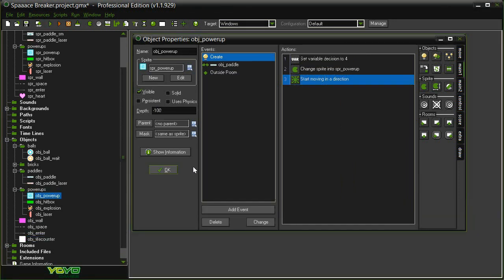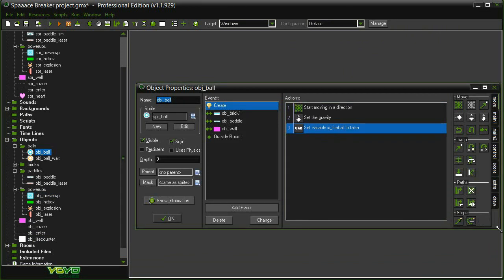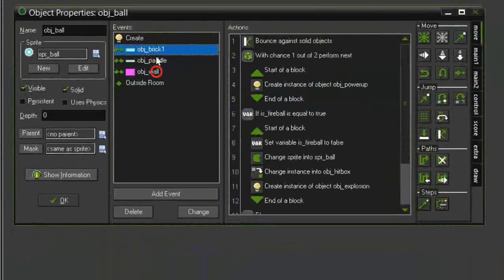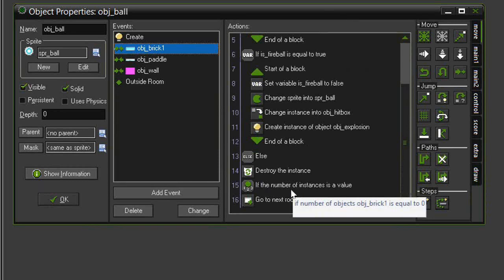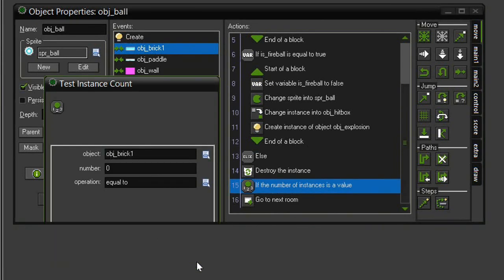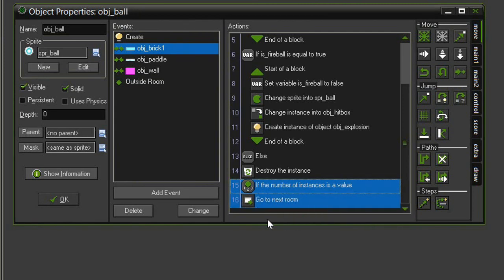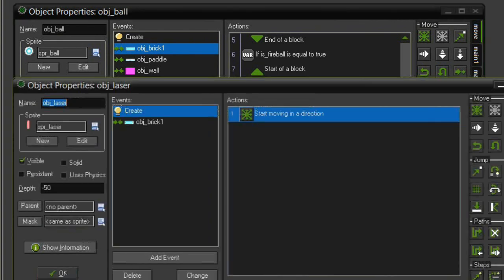Just close our power-up window and reopen up the object ball and find that collision with object brick 1, and all the way down here we have this: if the number of instances of object brick 1 are equal to 0, then go to the next room. Well, we can select these two, copy them, open up our object laser,